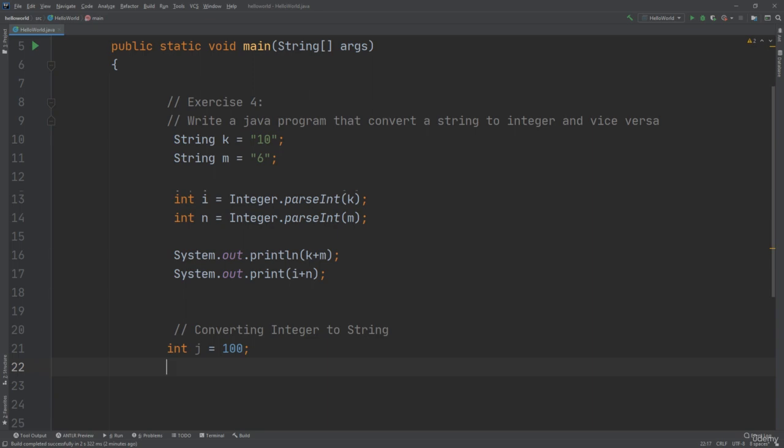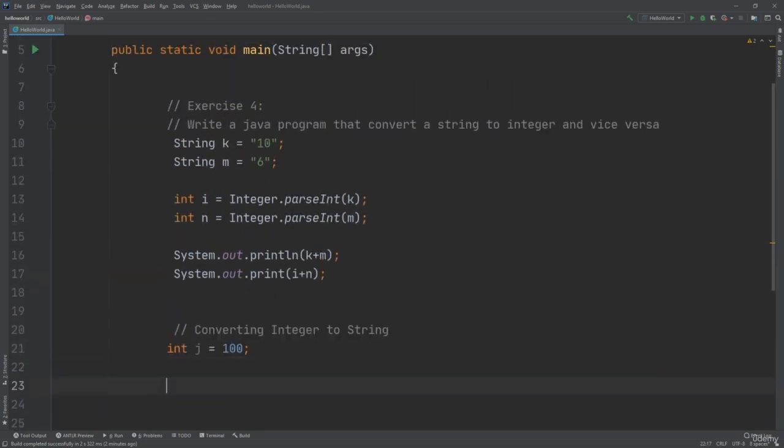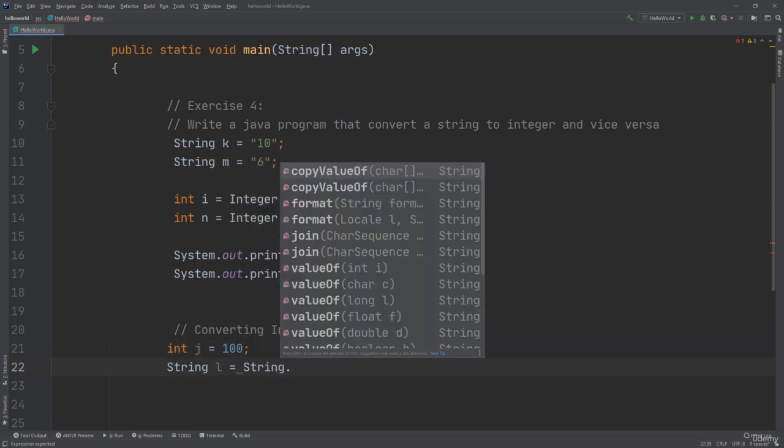I need to convert j into a string. So I need to convert an integer to a string. I start with a string variable l, and this string l will take the integer j and convert it into a string. So I will start with String dot